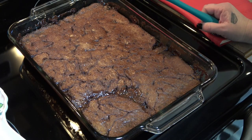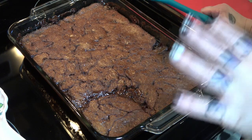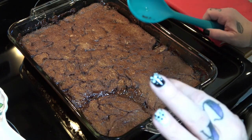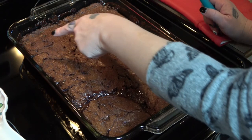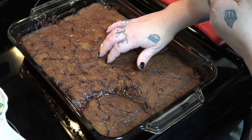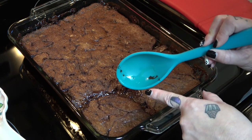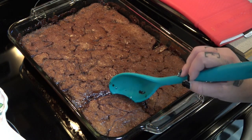Okay, so here's the thing. As you guys know, my oven runs hot, and I took it out at the 30-minute mark. And what it tells you to do is cook it until the corners are crispy and the top is set, which, as you can see in here, it is set. And I went to go take out the corner piece for Mr. Chad, and underneath is...